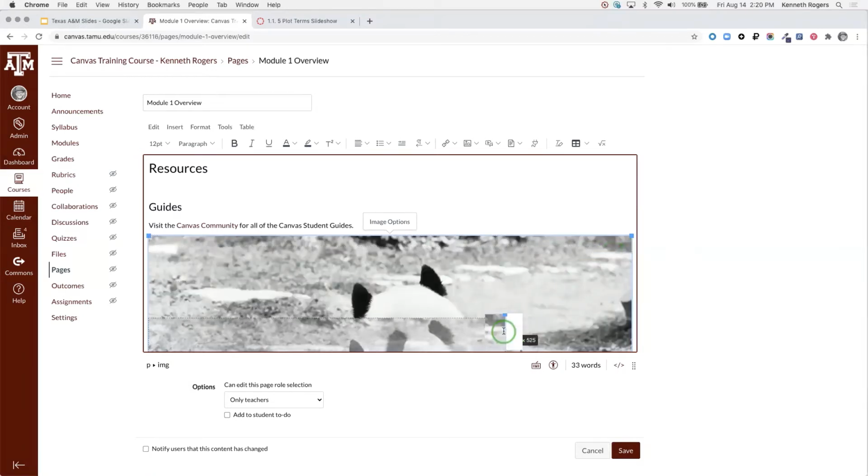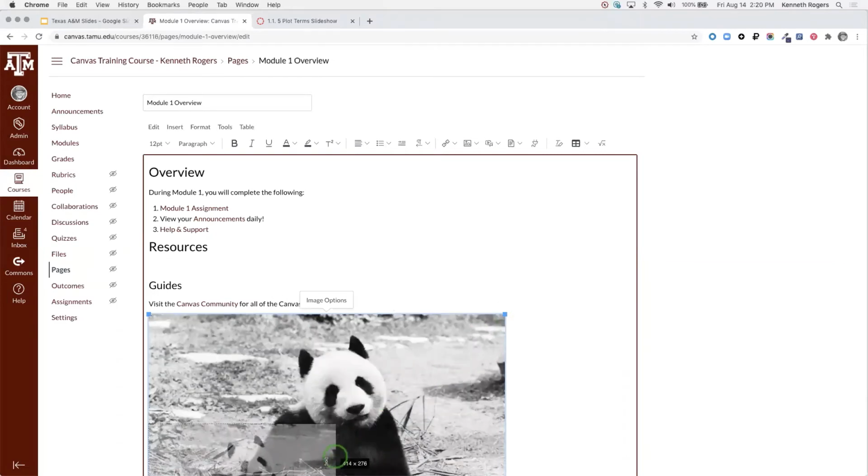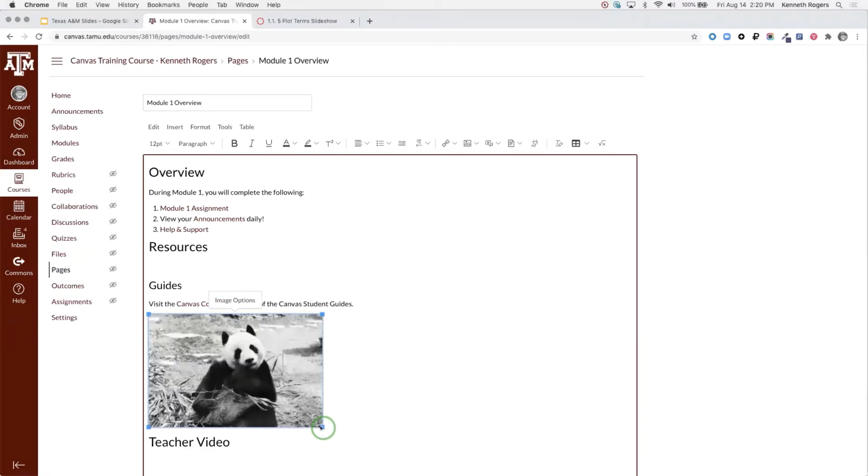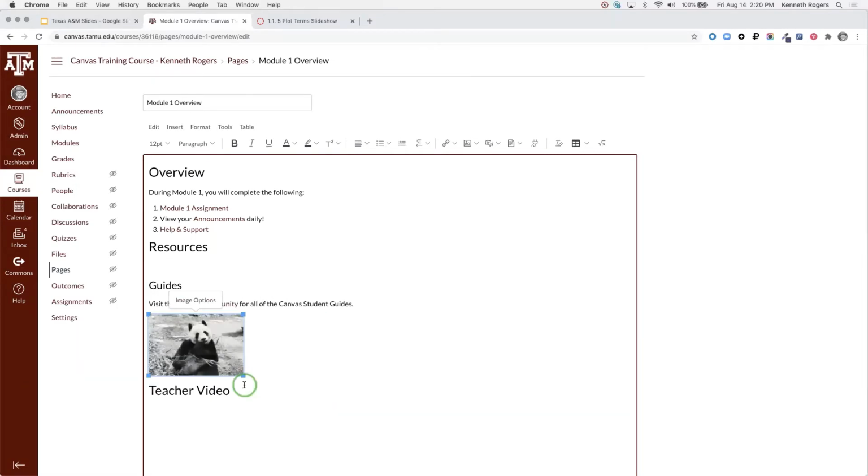I'm just going to click and drag down with my trackpad, or with my mouse, and resize it to the appropriate size. That's all I'm going to do, to whatever size makes sense to me. Now, this next icon over